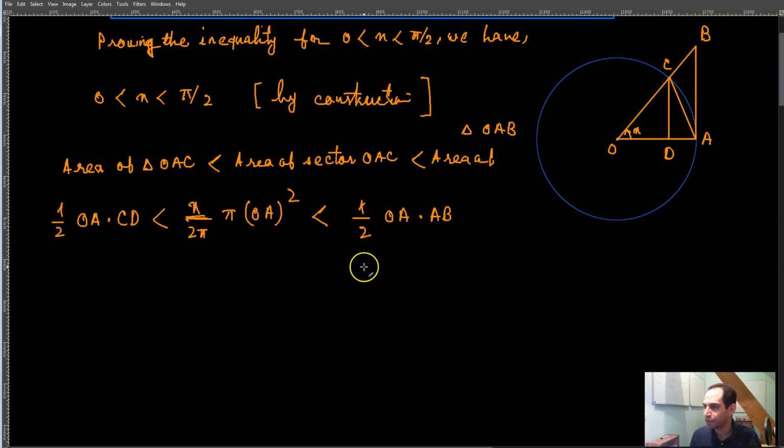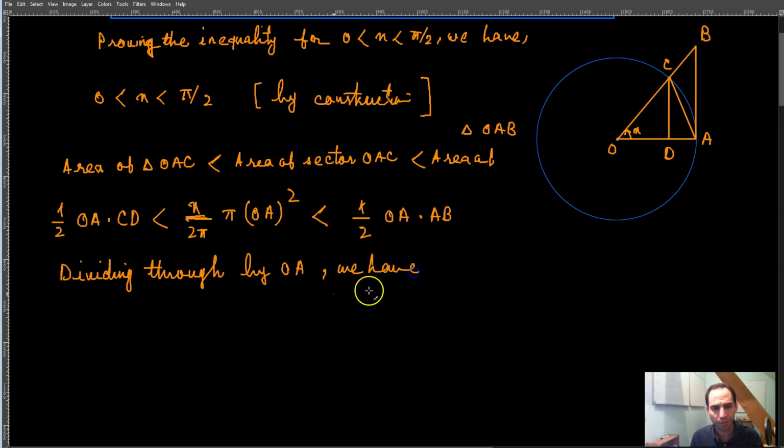Now, that means that dividing through by OA, we have 1/2 of CD is less than, so one of these OA's cancels out, pi and pi cancel out, so you have 1/2 of